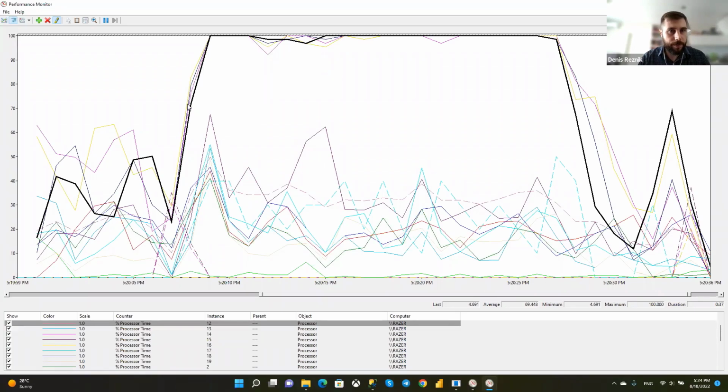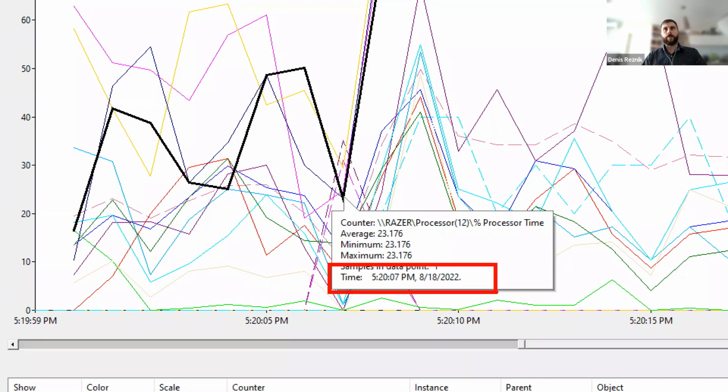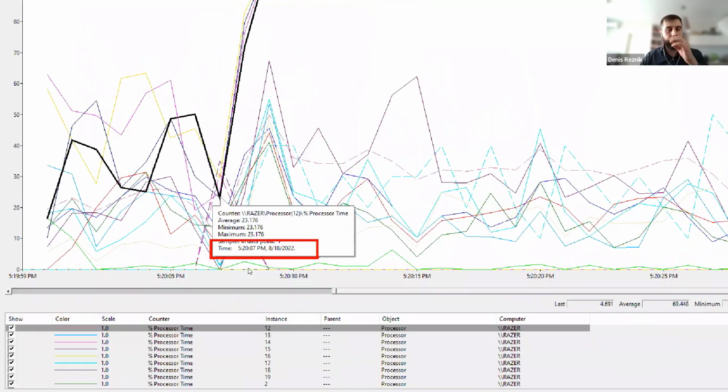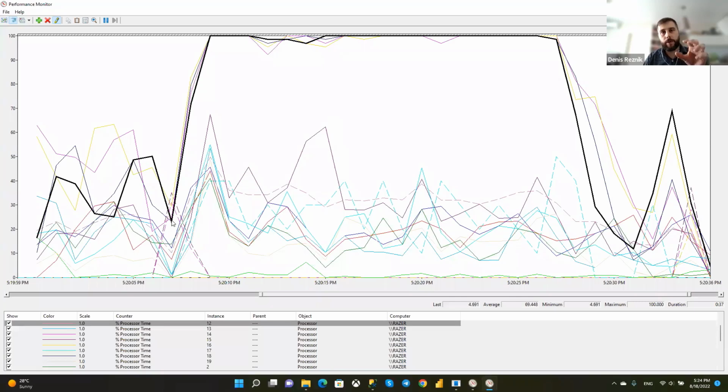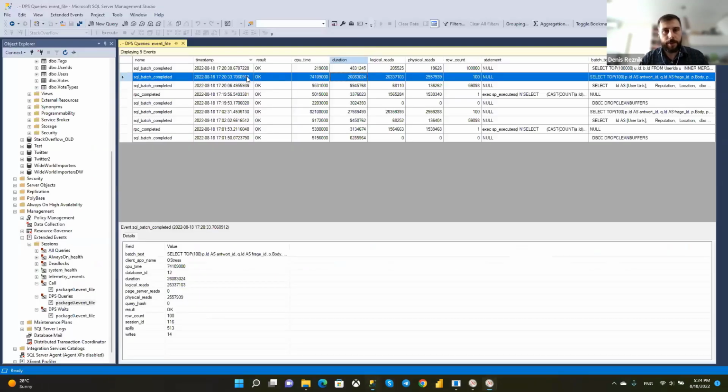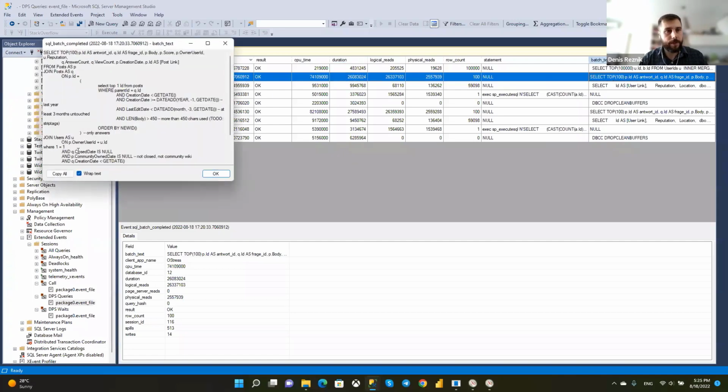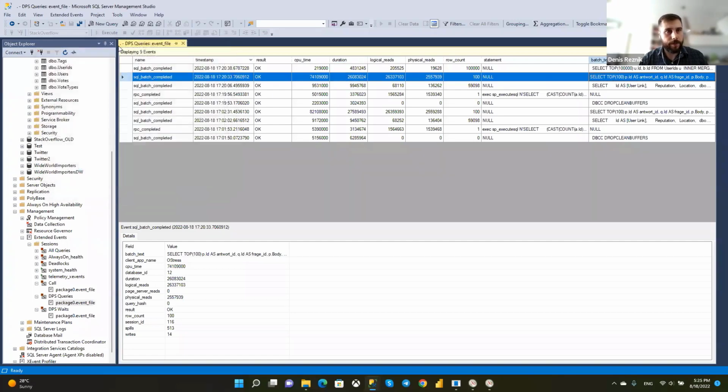And this is mostly the time when the load started. Yes. So that was pretty quick. And right now we are almost sure that this query is the root cause of this CPU spike. It's a single query, but if there will be several queries like this running, we will have big problems. Let's check what we can do with it.